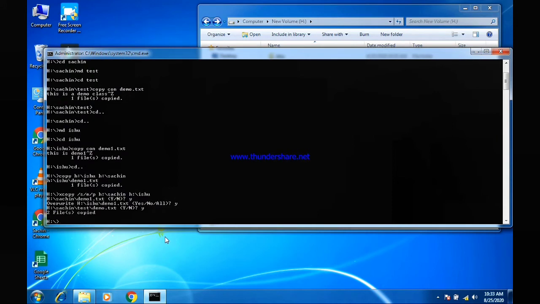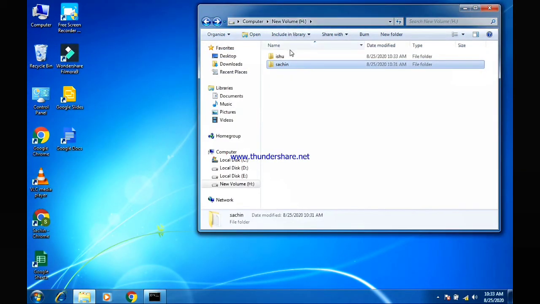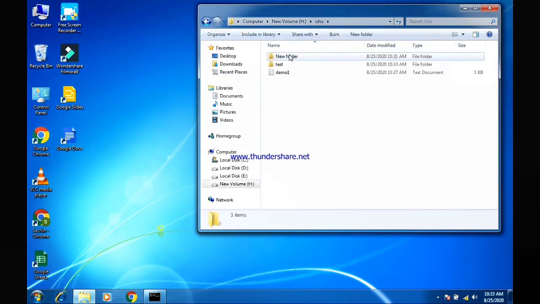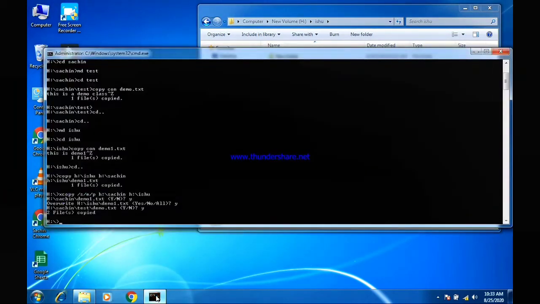Two files copied. Let me check what things have been copied. Issue. All other files have been copied. All things have been copied. So now, friends, we have learned about copying files and folders.